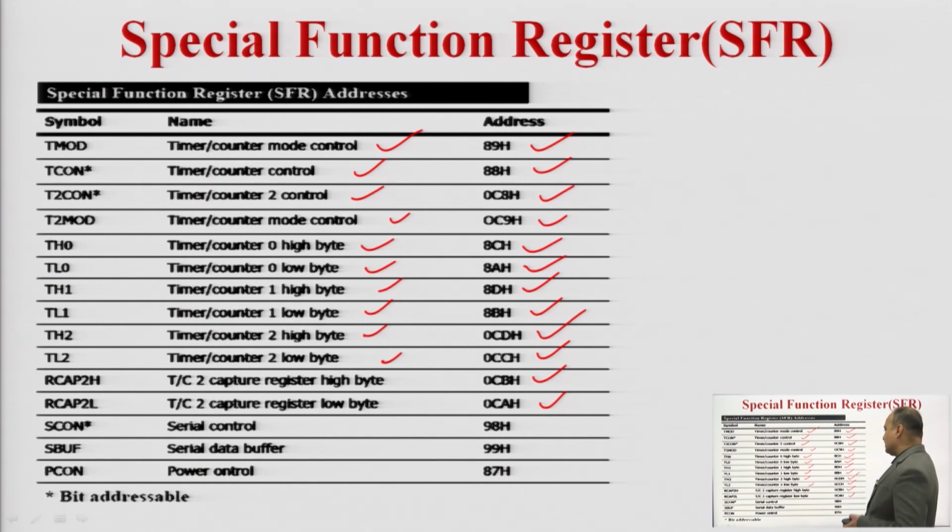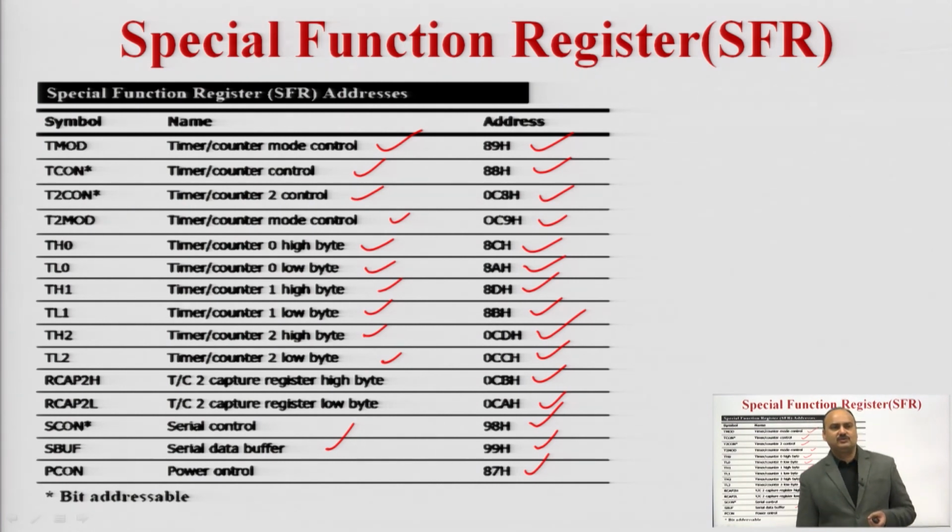Then we have the serial control register for serial communication, that is the SCON register, which is used for serial communication purposes. It is an 8-bit register having the address 98H, and the SBUF register, which is also used in serial communication, is also an 8-bit register having the address 99H. And we have the power control register, that is the PCON register, having the address 87H. So, these are the special function registers.